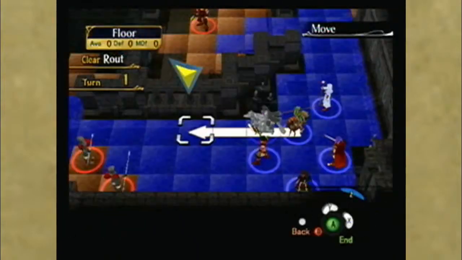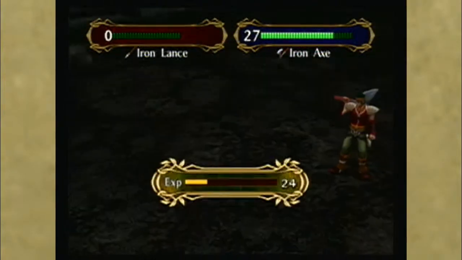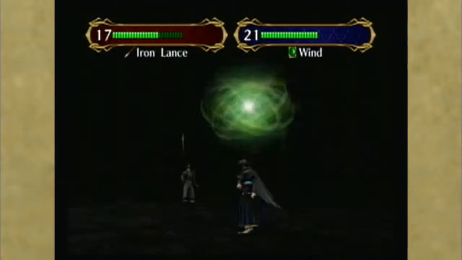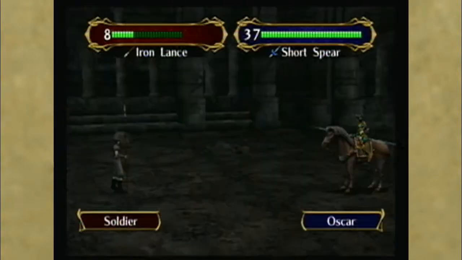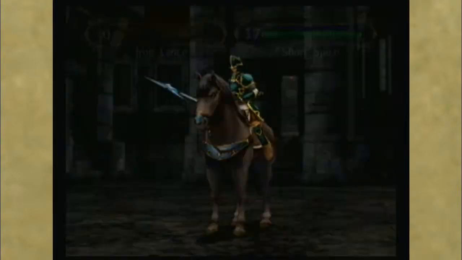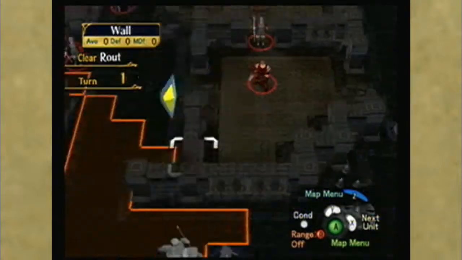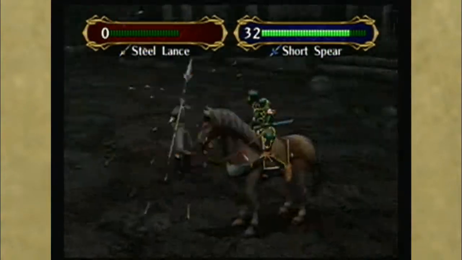This chapter gave me quite a bit of trouble. It took me 4 or 5 tries. No, I think it was 3 tries, right? Oh, okay, it was only 3. But still, I got pretty far on my second run, and that's always the worst. I do use Titania in this one because a thief will spawn, and I don't want him getting in my